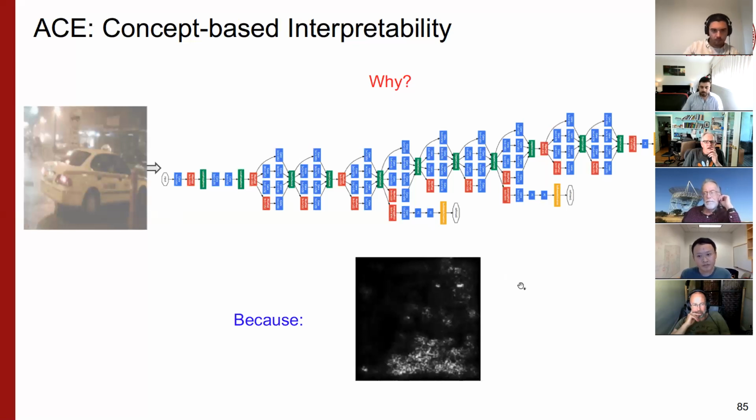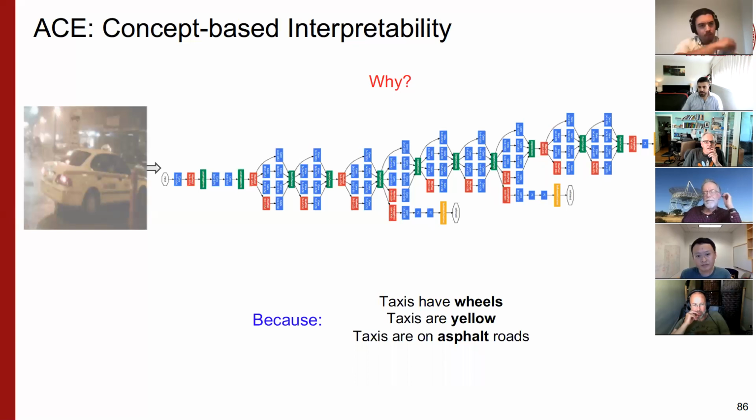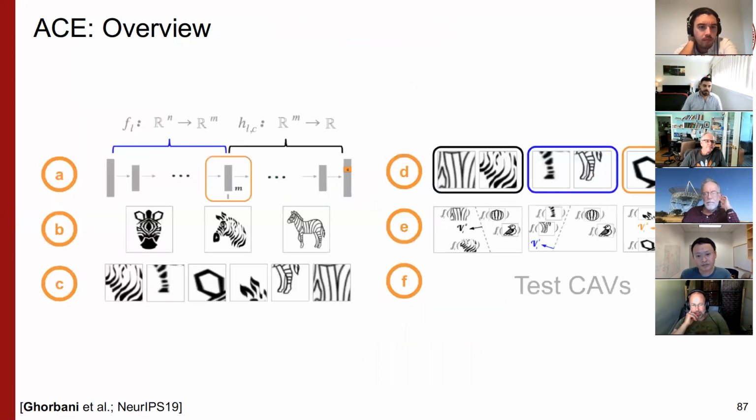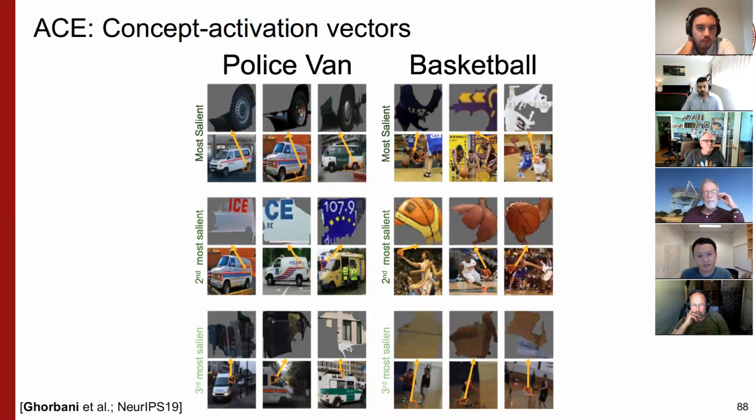But this is not how humans communicate. Humans say taxis have wheels, taxis are yellow, taxis are on asphalt. So we wish the model to give interpretations like this. To tell us this is a taxi because it's yellow. And we created this algorithm called ACE, automatic concept-based explanations, which I will not get deep into, but we get results like this. And we think that these kinds of explanations should be the future of at least explainability